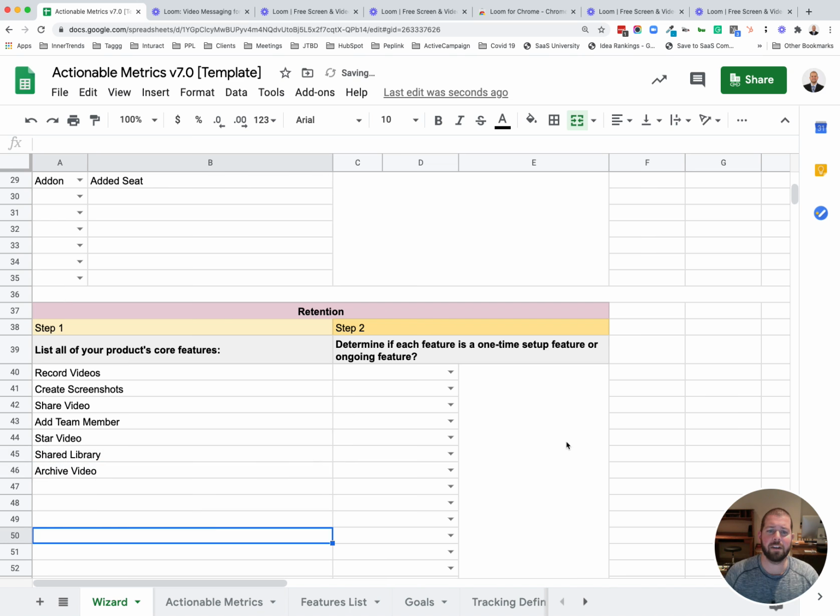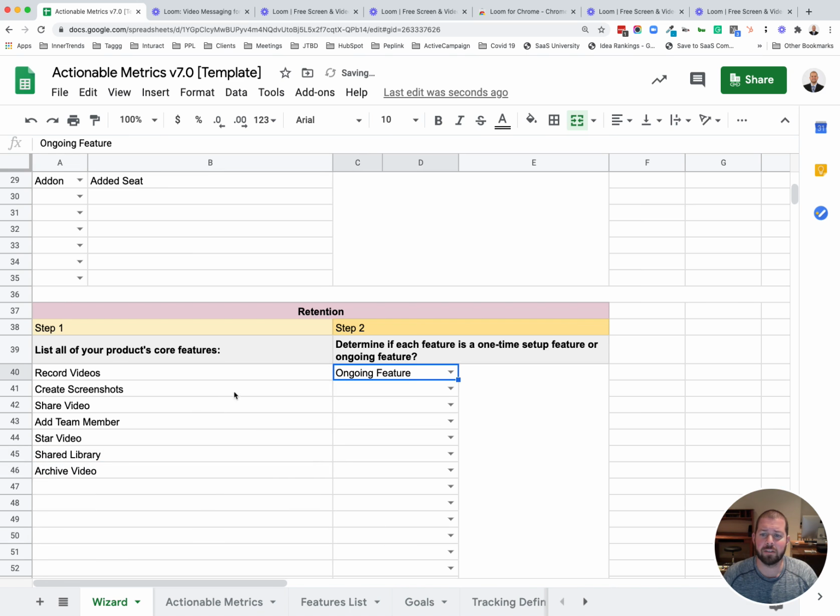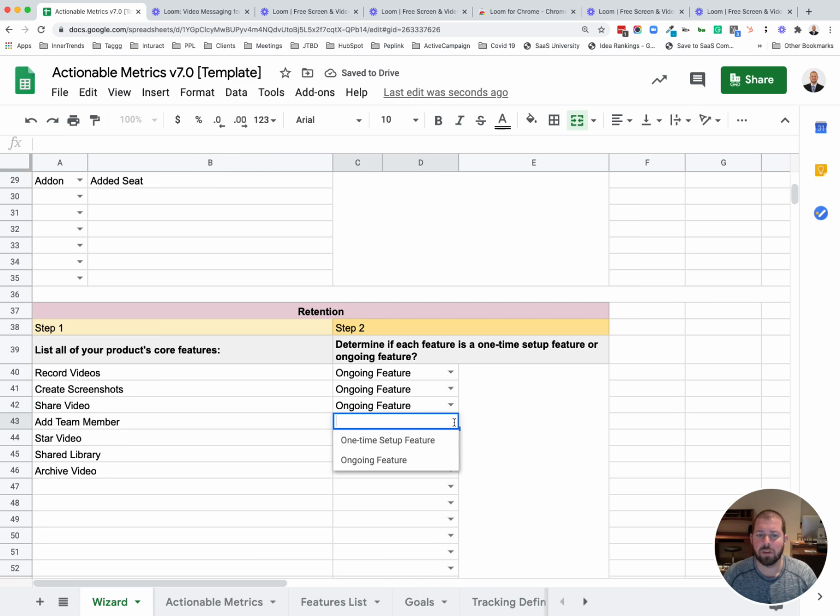And the last thing we do here is determine if this is a one-time setup feature or an ongoing feature. So recording videos is ongoing. Create screenshots is ongoing. Share video is ongoing. Add a team member, I would say that's really a one-time setup. Once you add that team member, yes, you may add more team members, but generally you're going to add your team to get set up one time. Star a video, probably ongoing,